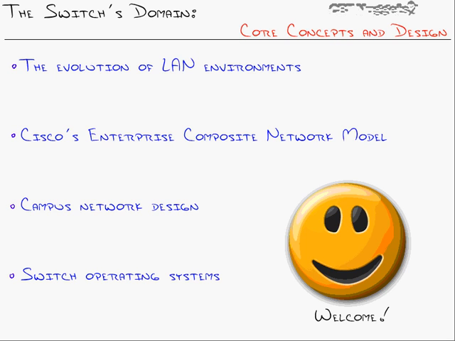With that, let's wrap up the foundation of this series, the switch, and what we're focusing on in the local area network environment. That was your three-minute review of everything switch within the last 30 years or so. The evolution of LAN environments, moving from hubs to switches to layer 3 switches to multilayer switches and so on. We then expanded that into the Cisco Enterprise Composite Network model, which deals directly with that